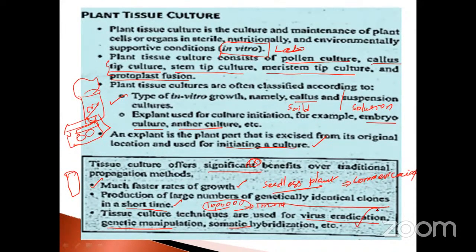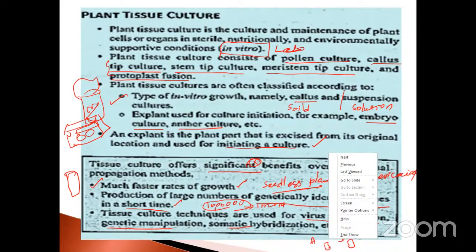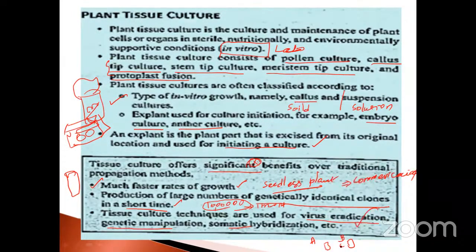Genetic manipulation, for example, mixing of 2 genes, is done by the process called genetic engineering, biotechnology, as well as protoplasm. Somatic hybridization: protoplasm fusion of somatic cells, also called mitotic cells, united together. Take an example, A and B. The cell is there, and it has the extra chromosome body, plasmids. Here also there is an extra chromosome body. Both are united together to form a new variety. Isn't it, my dear? So these are the somatic hybridizations.